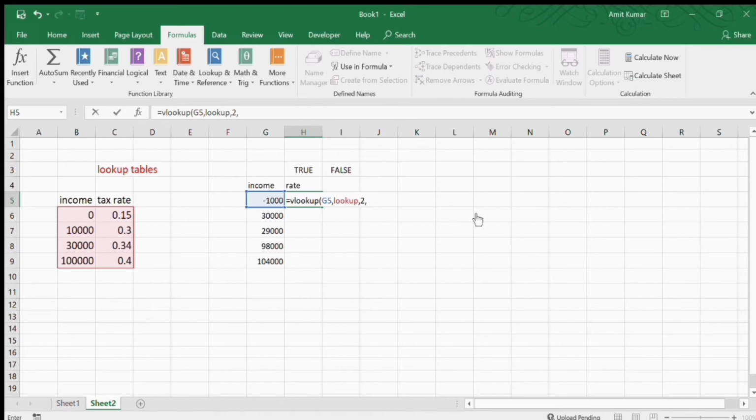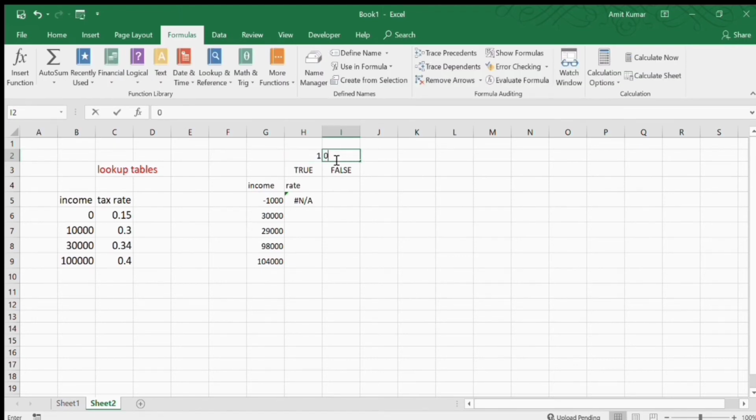Now we have to select the range lookup argument. So now we are going to select true. And actually I would like to tell you, if you don't want to write true or false, you can write 1 for true and 0 for false. This is the indication. So this is not available. We will scroll down here. Got the values. I will explain it later.